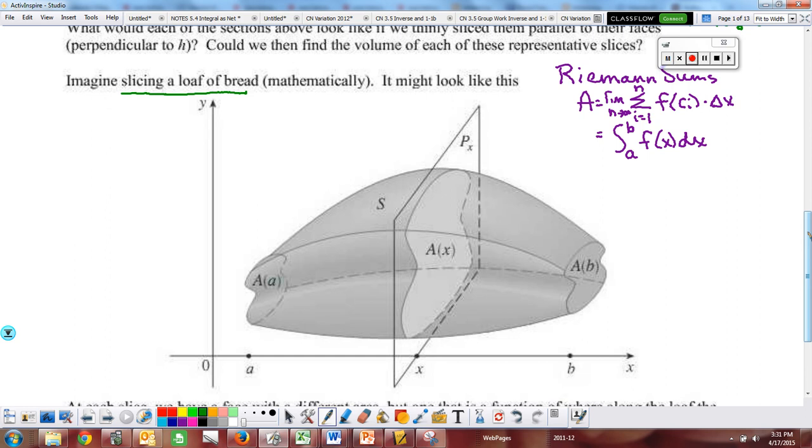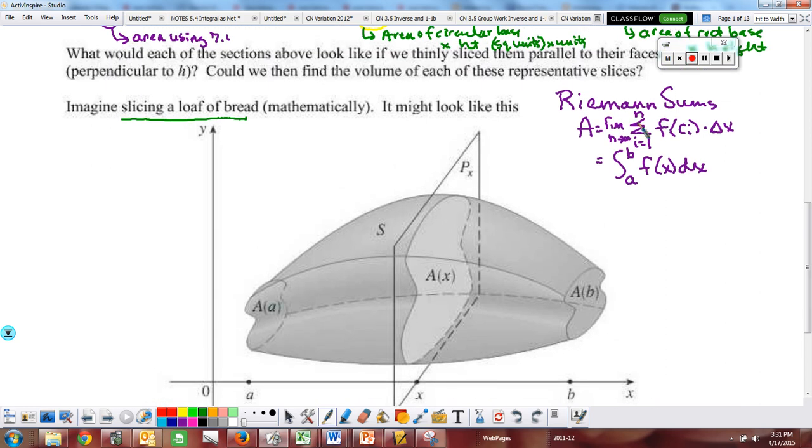And that's the idea that we're going to do. Here we sliced into rectangles, and then we did the area of each rectangle, and then we added them up. Here, with volume, we're still going to be doing a limit as n goes to infinity. We're still going to be adding up all the volumes, okay? And the volumes that I'm going to be adding up, we're going to develop that, is going to be the